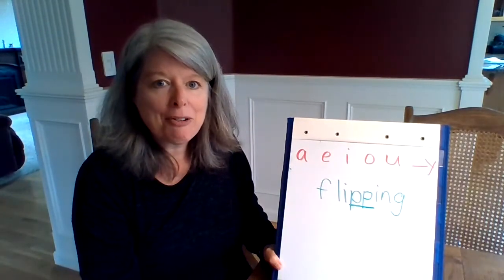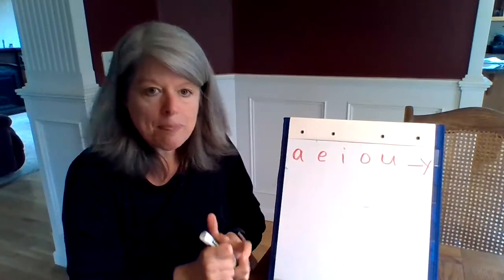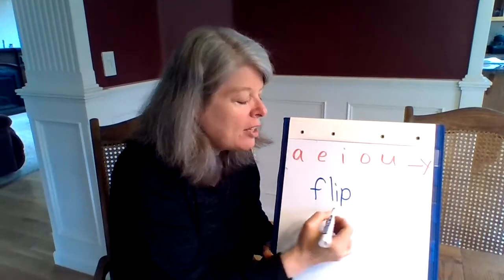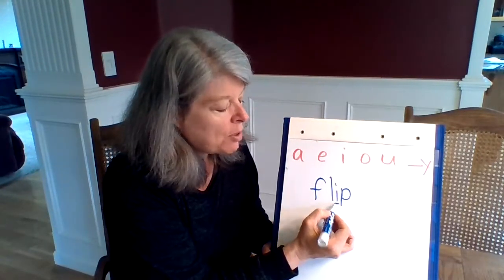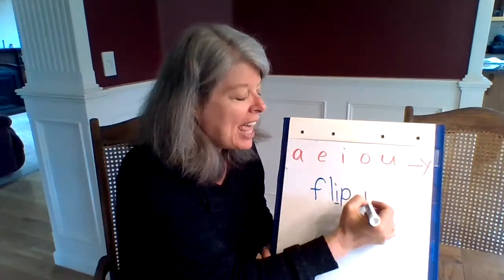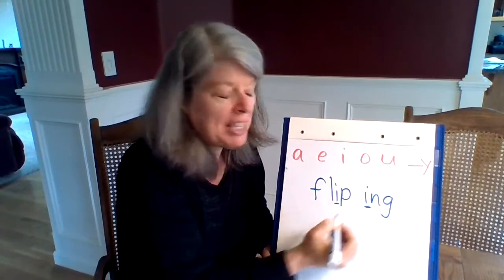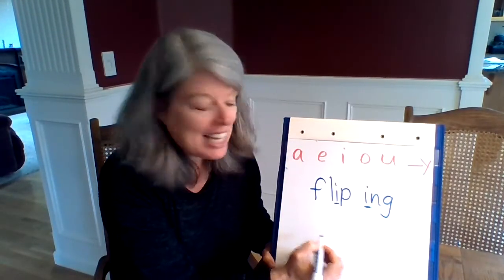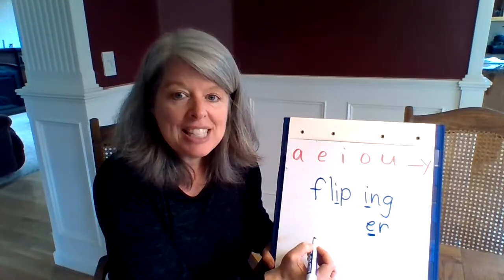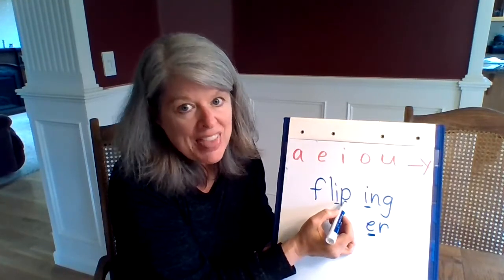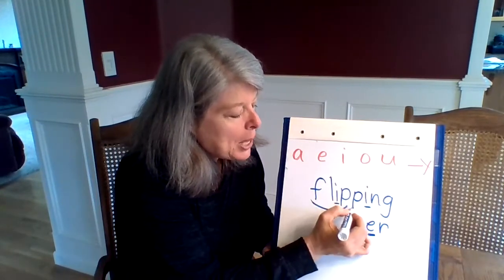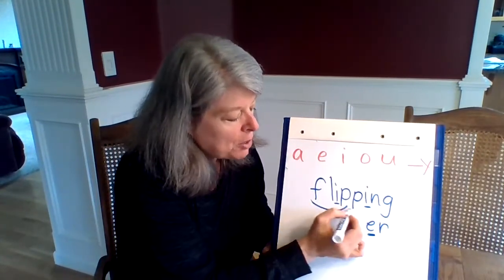Boy, I hope you can see that in green. You know what, I'm going to do it again in blue, make it a little bit easier for you to see, and I'll restate the rule. When you have a one-syllable word that has a short vowel, like in the word flip, when I go to add my suffix that has a vowel at the beginning, like ing, or maybe er has the vowel e, the rule is this. You must double that consonant right there. So we have flip, flipping, or flip with double P,